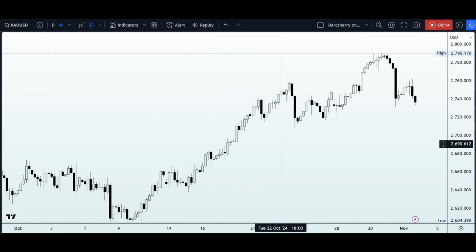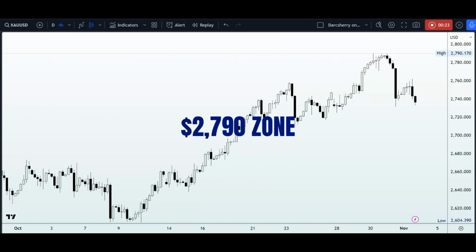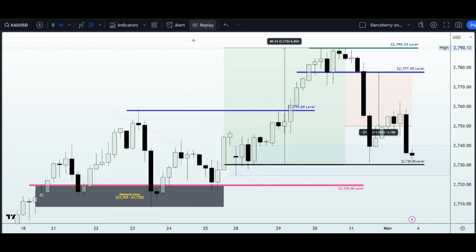So, in this video, we are going to be revisiting the XAUUSD chart as we saw gold hit another record high at the $2,790 area. Now, the structural pattern you see on your screen right now was actually our trading setup prior to the beginning of last week, where we were able to identify some interesting levels and structures to guide our decisions